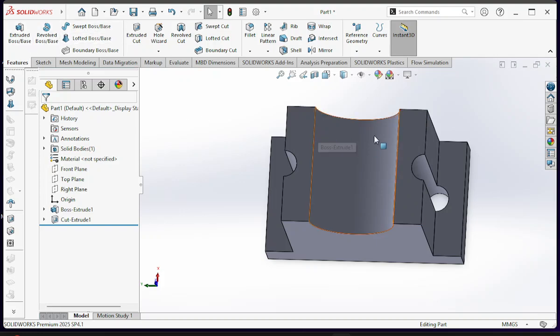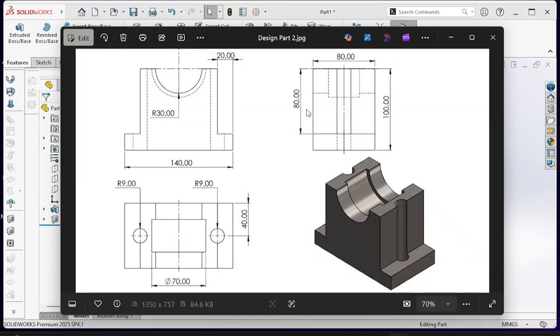I can make a circle of 75 mm dia, 20 mm from this face, make a circle of 70 mm dia, and then extrude it to 40 mm. Also it can be done by taking this 5 mm rectangle here,